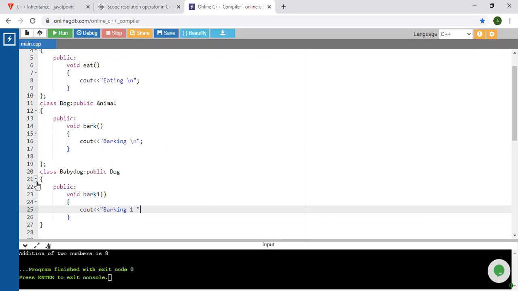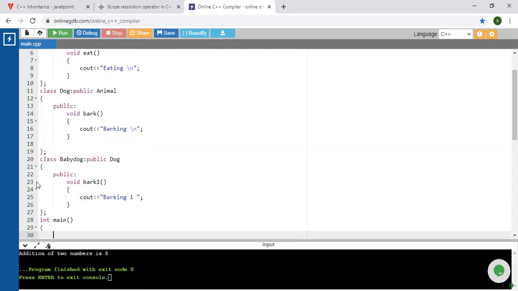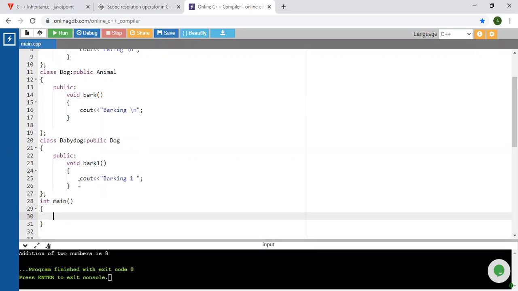Semicolon, no need to mention the slash n. Now int main. For which class are you going to create the object? Baby dog.